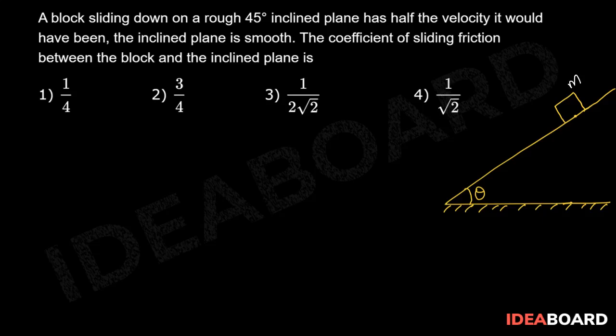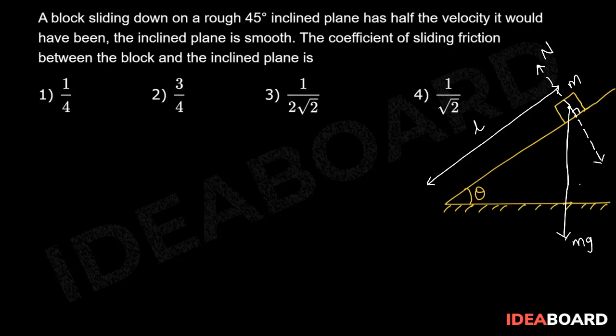Let us suppose the length of this inclined plane is L. Now if we draw the free body diagram on the block, its weight mg acts vertically downwards and a normal reaction force acts perpendicular to the inclination in upward direction. Now mg gets resolved into two components: mg cos theta, which acts perpendicular to the inclination in downward direction, and mg sin theta, which acts along the